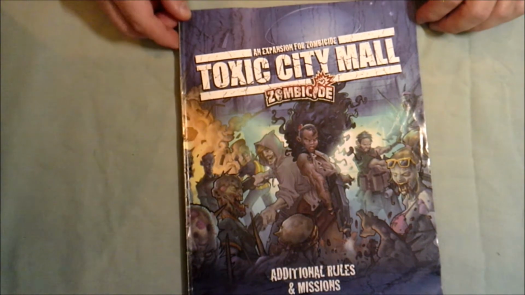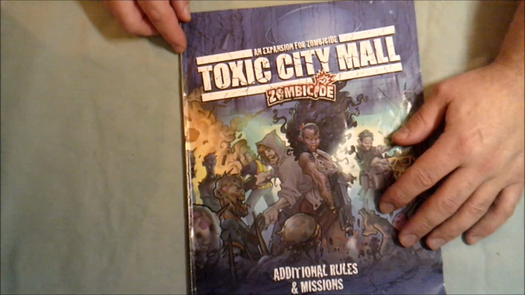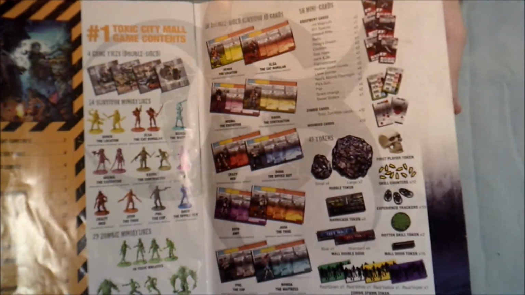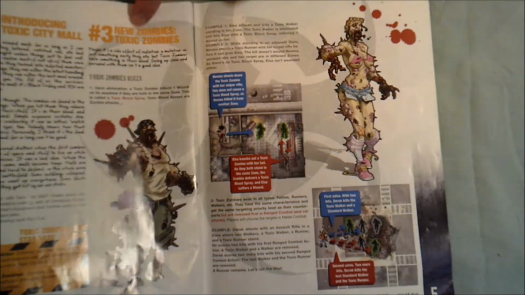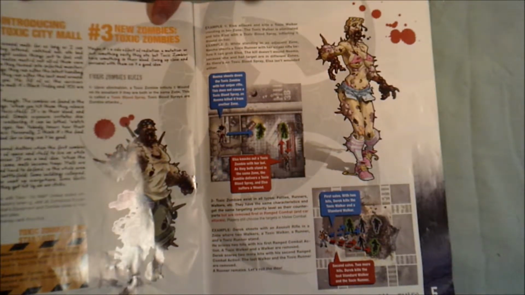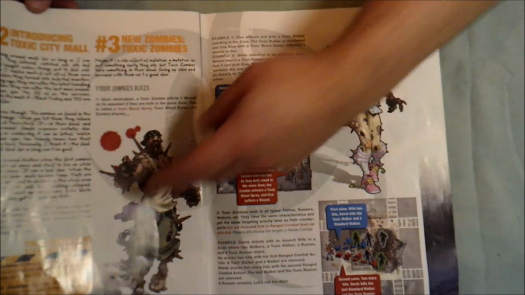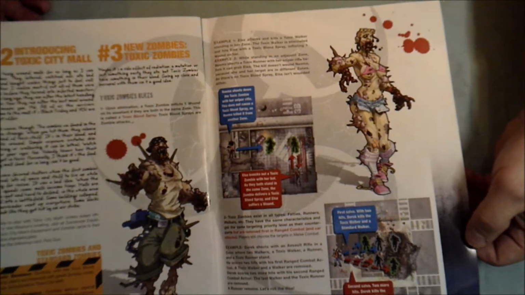As always with Zombicide, the rulebook has lovely illustrations, as seen by the front cover and throughout the book, and it's clearly marked out everything that you need to know, such as the new toxic zombies and some pictures for you just to see some ideas of how you'd maybe want to paint them,